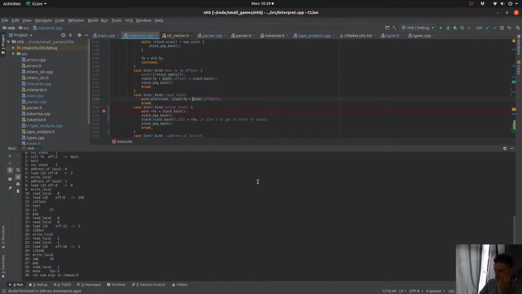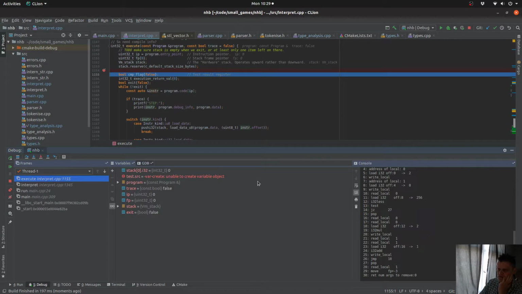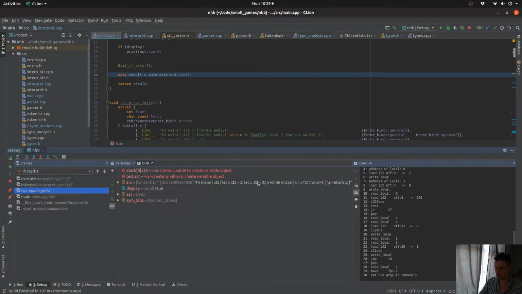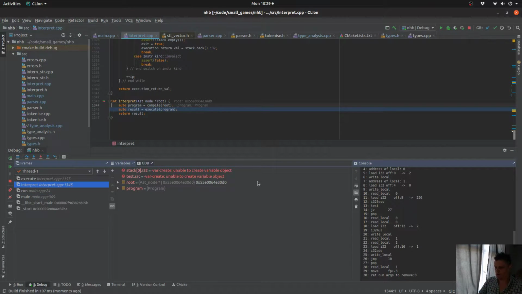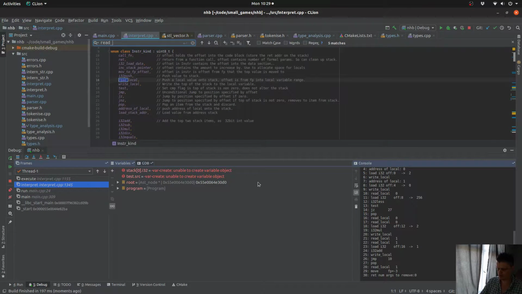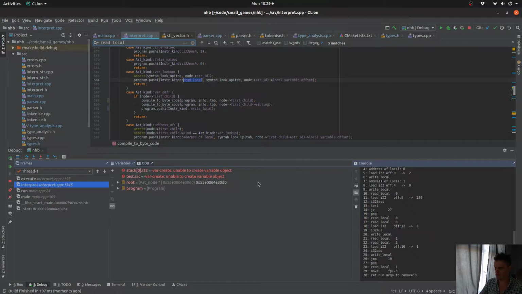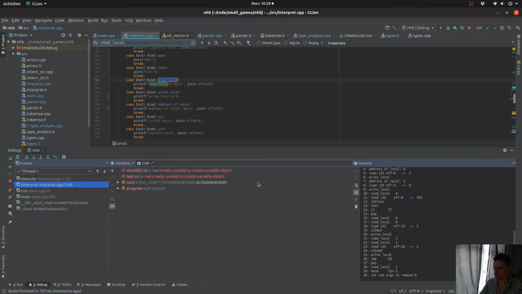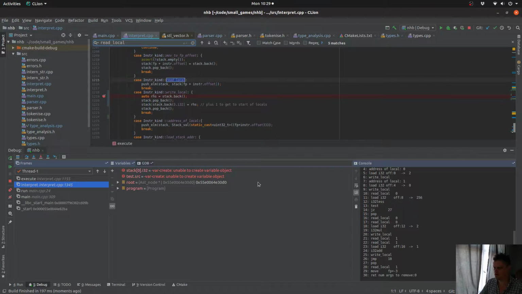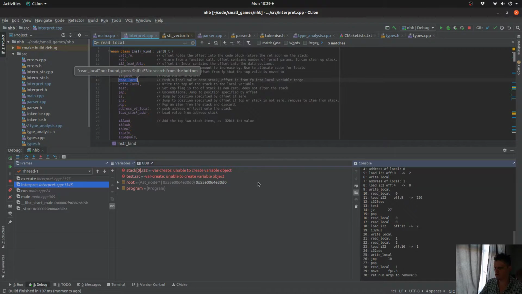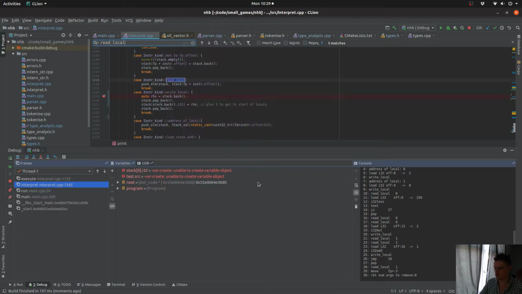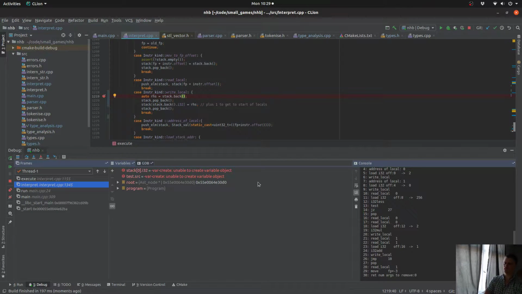Now, I'm wondering whether that is also an issue. No, that's still read as an offset from the FP. Good. Write local is